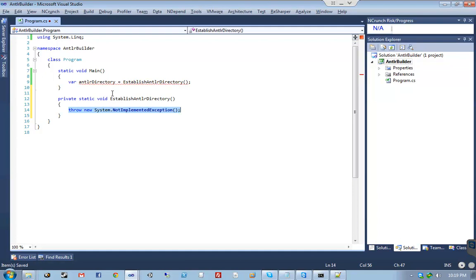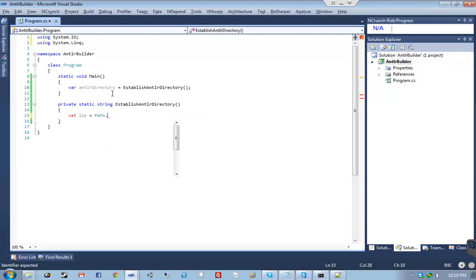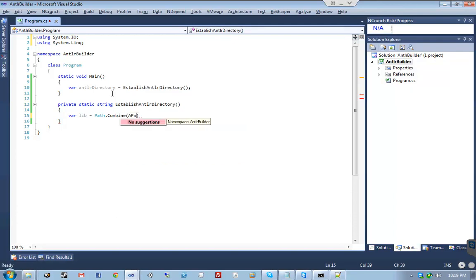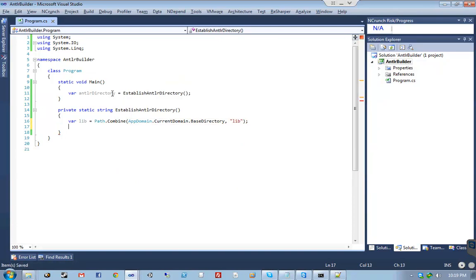I'm going to generate this method, and it's not going to return void, it's going to return a string. And what's this method going to do? It's first going to figure out the lib path, which is going to be with a var. We'll start with a var. We're going to go ahead and combine our base directory, which at this point is going to be AppDomain.CurrentDomain.BaseDirectory. And it's going to combine that with the word lib. And then we're going to say return